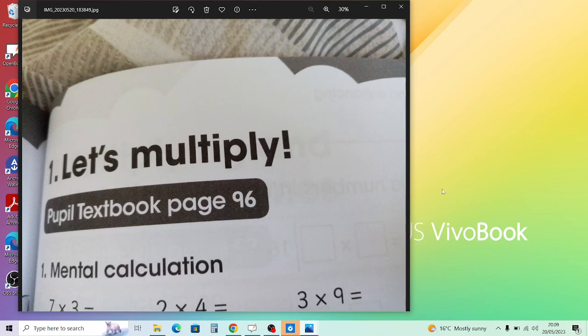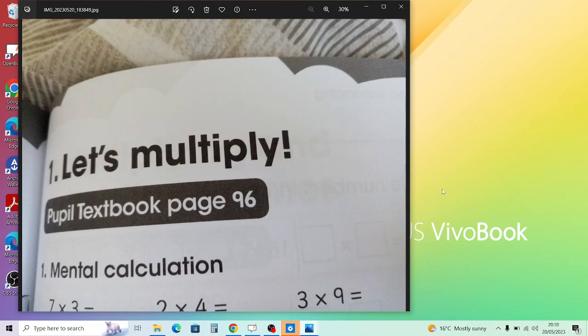and mental calculations. Your child should be familiar with these times tables, and if they're not, they need to practice them again and again until they get very confident. I would suggest they build on the multiplications as well. Once they get comfortable with one, go to the next one and then combine the two, and it should get to a stage where you can test all the times tables randomly,